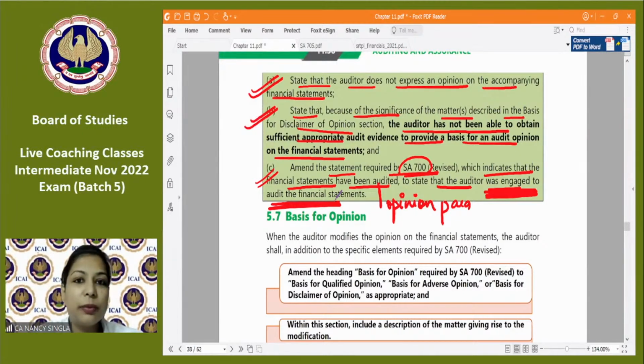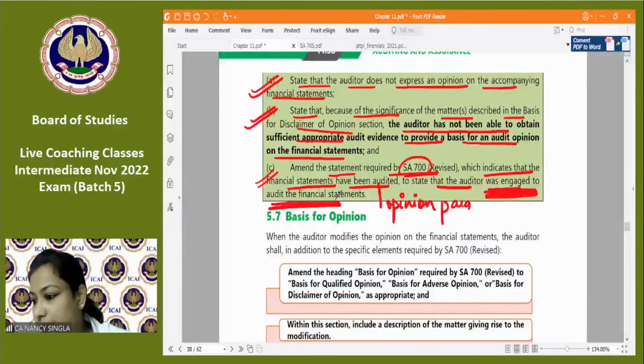Only one opinion is given in one report, Karthik. ठीक है,